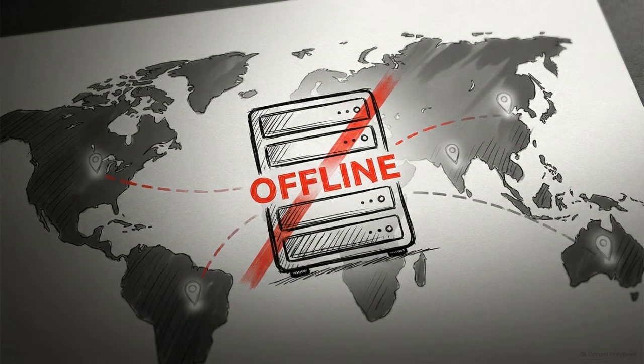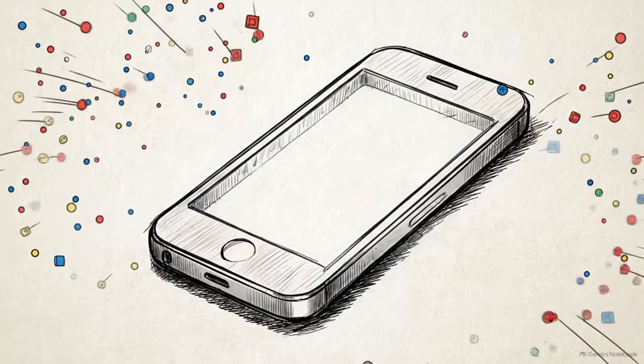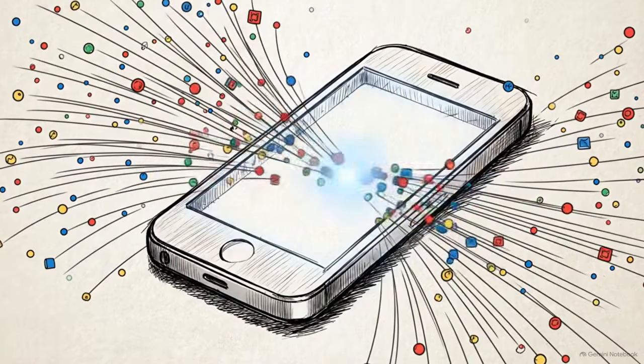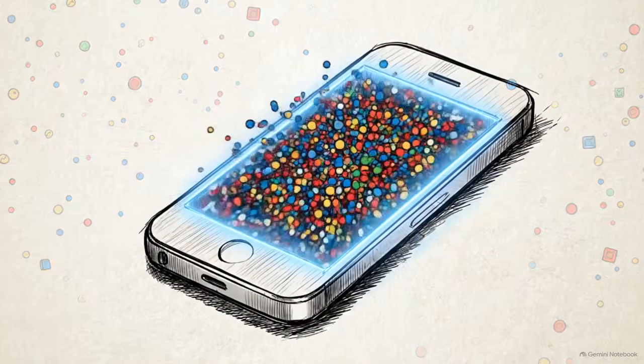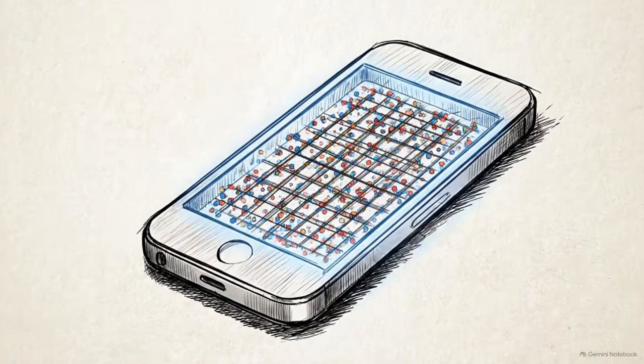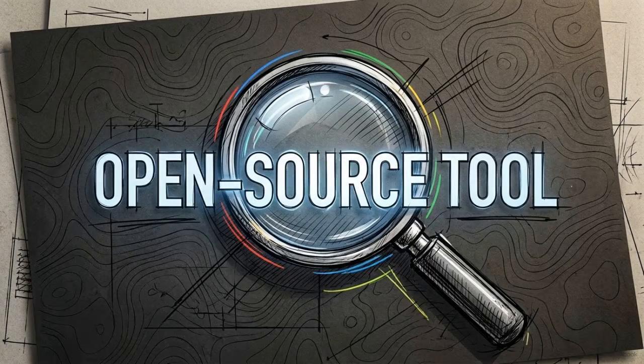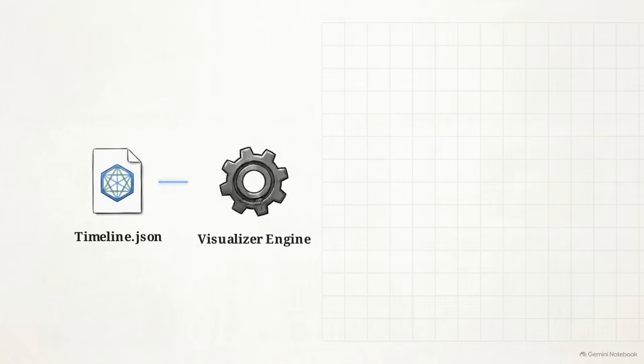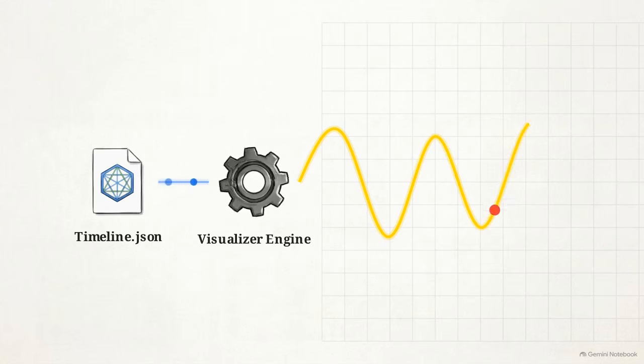Google recently shut down the cloud-based Google Maps timeline interface. All your personal travel history was migrated off their servers and is now stored strictly on your device as a dense, localized JSON file. It is secure, but practically unreadable. To actually see that data again, we need the open-source Google Timeline Visualizer. It is a specialized tool built specifically to parse that raw file and render your history into a polished, animated